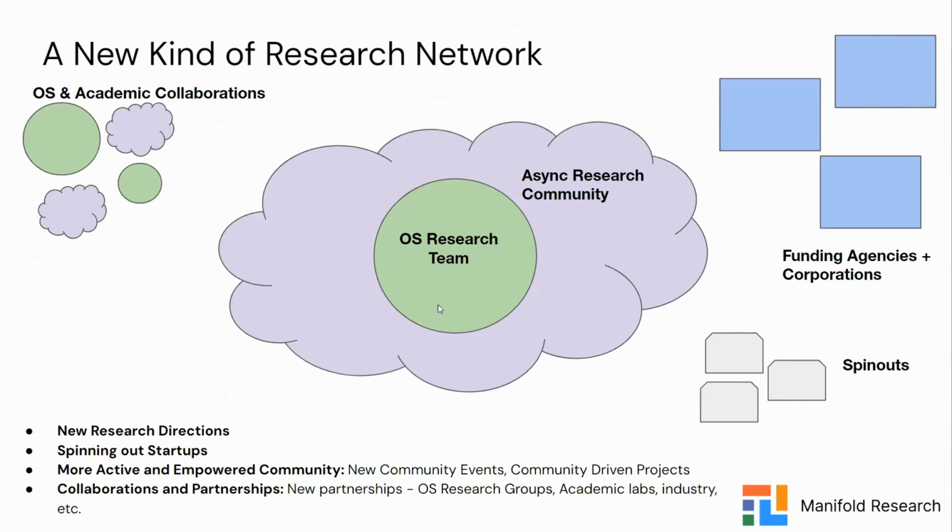So that can take the form of spinning off nonprofit organizations to support that research. That can take the form of just supporting large scale open source artifacts and projects and software. And that can also take the form of venture spinouts, so startups and things like that. And we recently did have our first spinout, which is exciting. We'll talk briefly about that through the course of today's presentations.